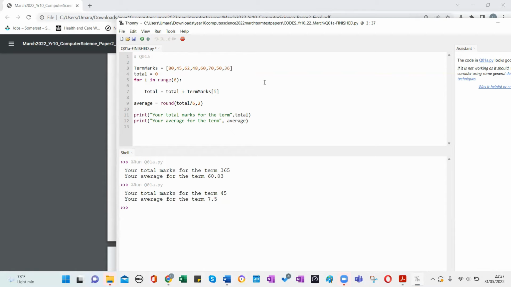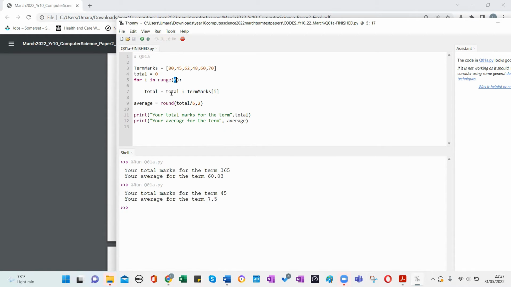So we can assume that the array can change, right? It can be user input, or it can be just amending the number of values there. But I think we had to focus on these two places, line number 5 and line number 9, where in line number 5 it runs only for 6 iterations, and in line number 9 it gets divided by 6. Okay, so what can you do there? Where you have 6,